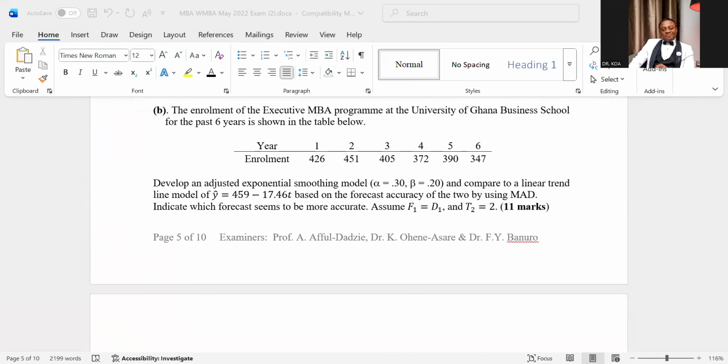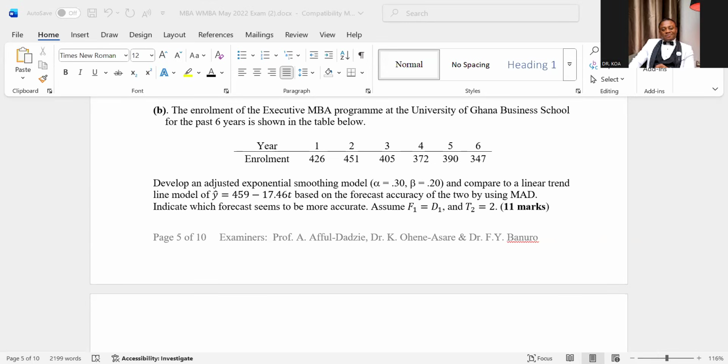Develop an adjusted exponential smoothing model, with trend. You didn't mention what is in the bracket. They are not important. Okay, develop an adjusted exponential smoothing model, alpha equal 0.30, beta equal 0.20, and compare to